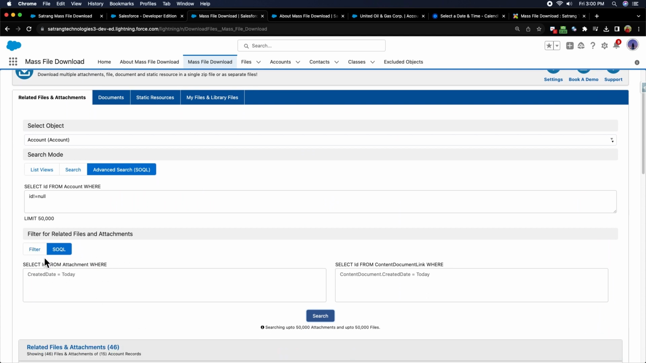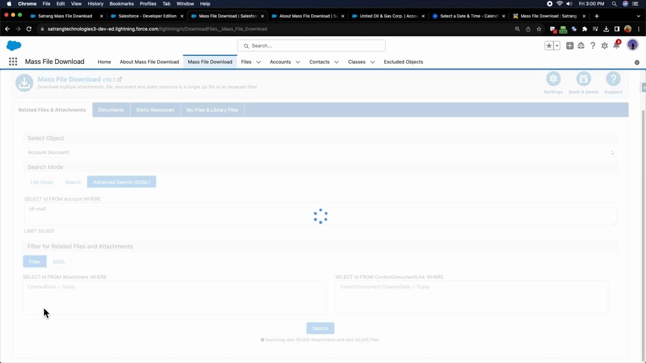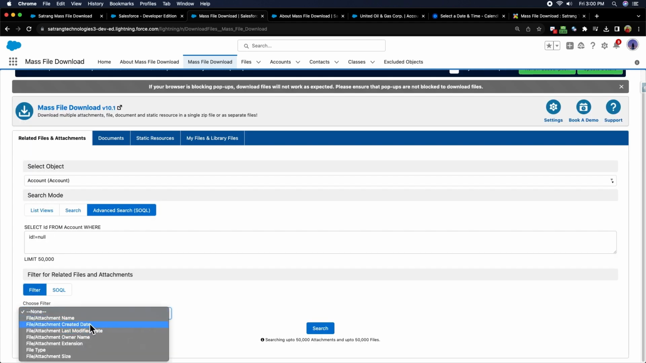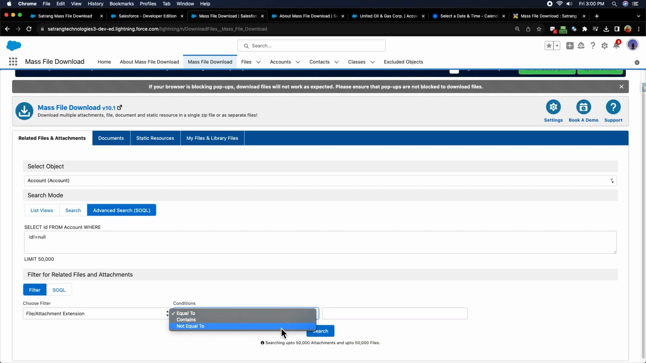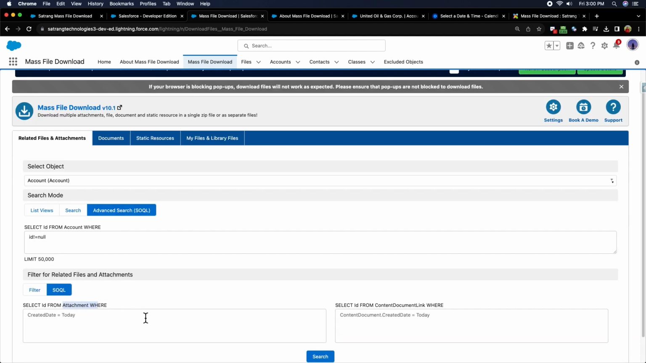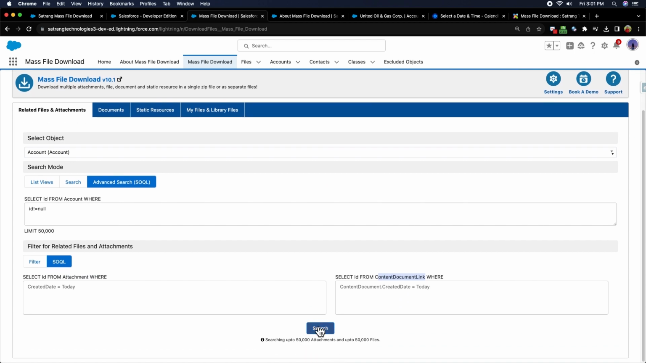Here also we have 2 options, Filter and SOQL. If we select Filter, we get a drop-down list where we can filter according to name or extension or last modified by or owned by or file type or attachment type. In SOQL option, we can directly enter the query for file or attachment, and we now directly need to hit